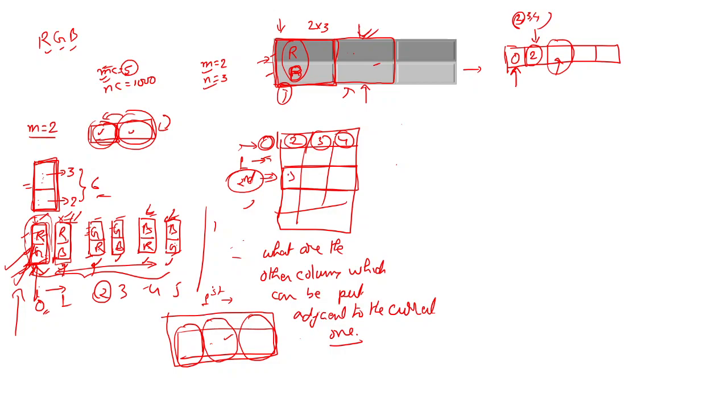So suppose here it is 5. Suppose 5, 6, 7 can go here if 2 is there. So suppose we have put 5. Now we'll go and check for 5 what all the values are that can come here, and that will be put here. So this way we are going to get the answer.